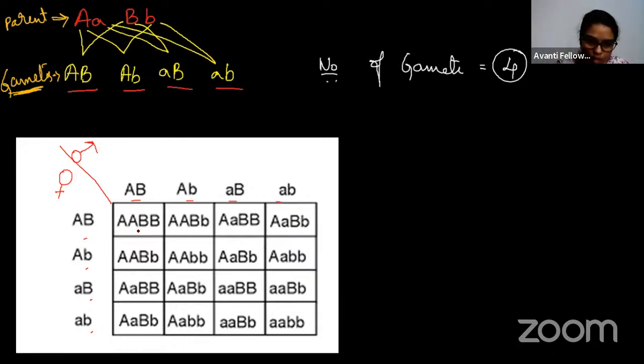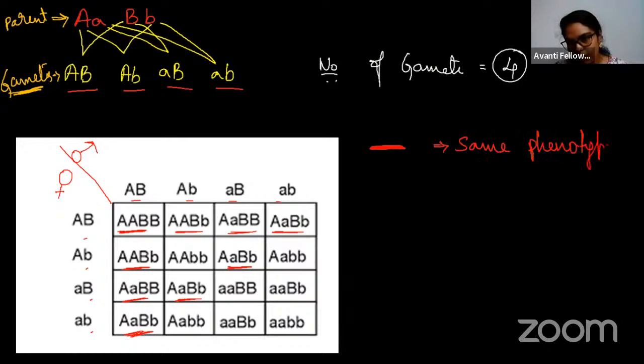Okay, now so consider the first letter first. ठीक है, so A capital, B capital. Okay, so this is both dominant. This is also same. A capital, B capital. First वाला A capital, B capital, A capital, B capital. ये same है, same type of phenotype. ठीक है, जो मैंने रेड में लिखे हैं, हियर व्हाट यू हैव टू राइट, दीज आर ऑल सेम फिनोटाइप्स.